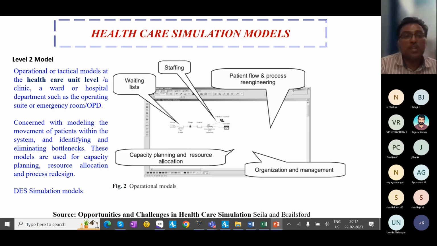And this workshop is mainly connected with this level 2 model, where earlier it is patient level or organ level modeling. Here it is healthcare unit level modeling. We are going to build a simulation model of a healthcare unit. It may be a hospital as a unit, or a specific department in a multi-specialty hospital, whatever. It may be an operating room, emergency room. And here the idea is we will be focusing on any one of these issues: maybe patient movement, where the bottleneck is created, or we may study the resource allocation, or the appointment scheduling and other things.